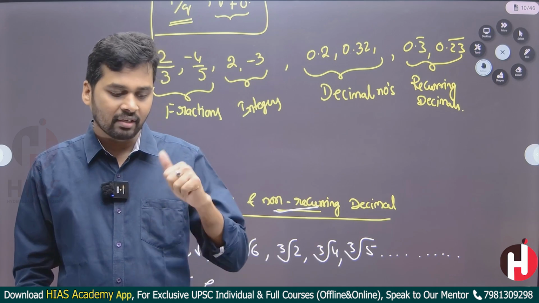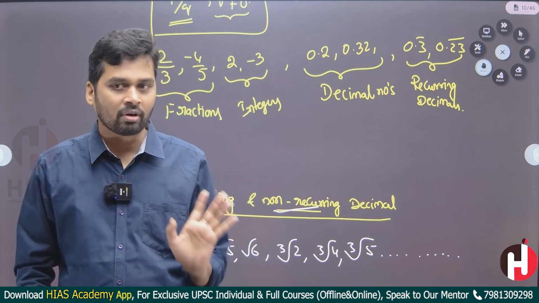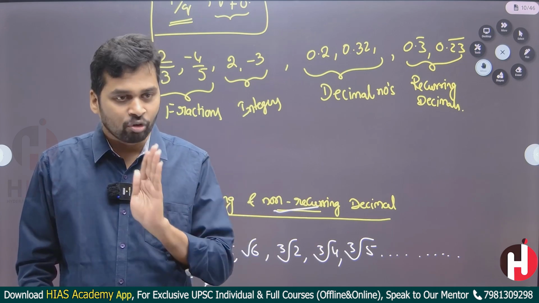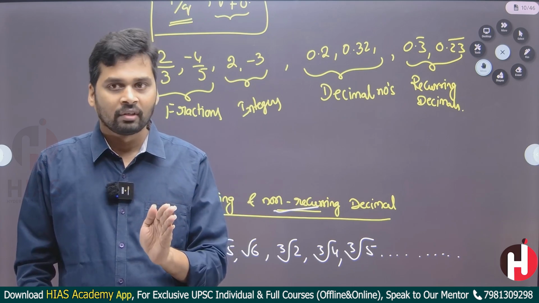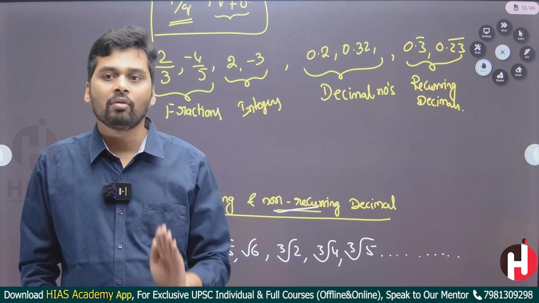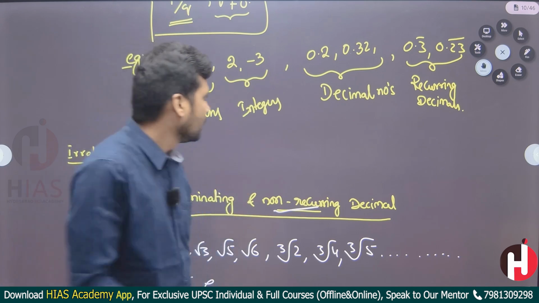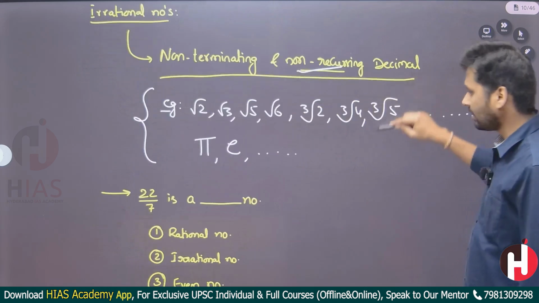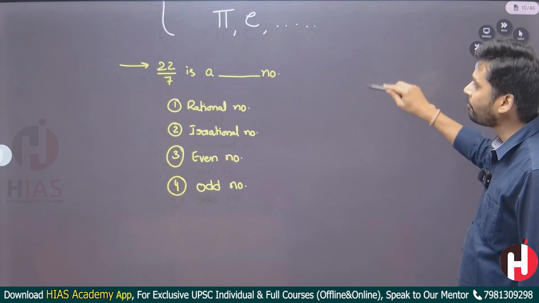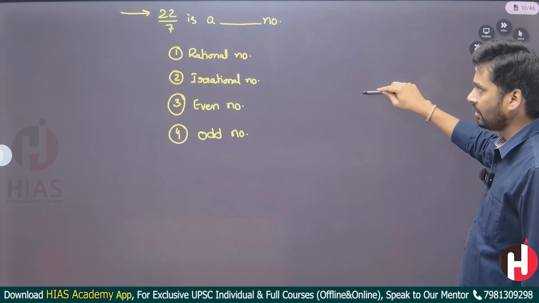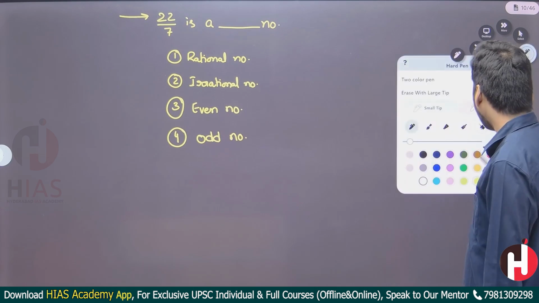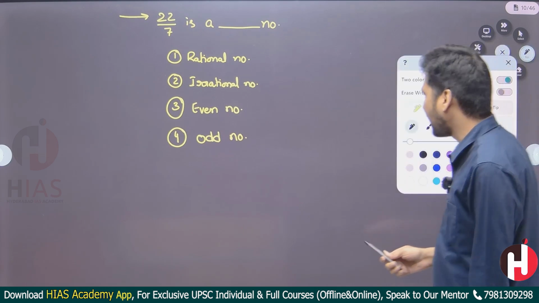The thing is whether it is in the form of P by Q or not. We have to look at this only. So is it in the form of P by Q or not? We don't need to simplify anything there. So now here you can see that it's just a number which is in the form of P by Q. Again, we don't consider it as the pi value.